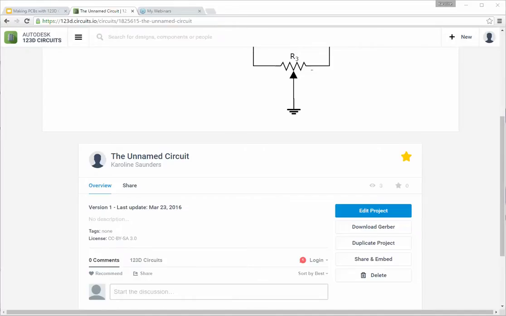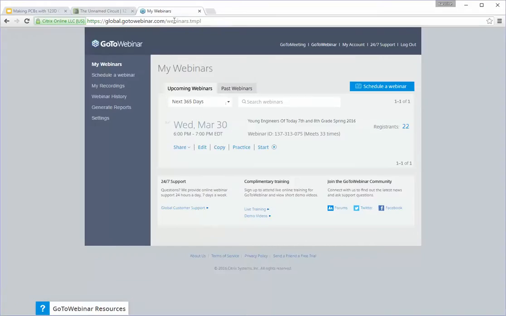Alright, Tyler, I want you to attempt to log in one more time. I logged in successfully, so I don't think it's an issue with their login or anything. Alright, so Josiah, this is the link that I'm sending you right now for 123D Circuit. If you remember your Tinkercad login, you should be able to just